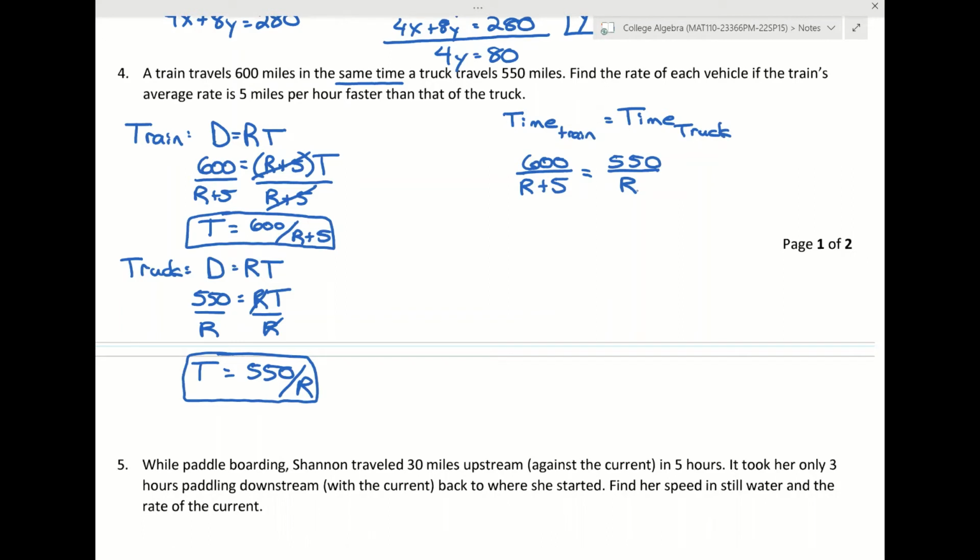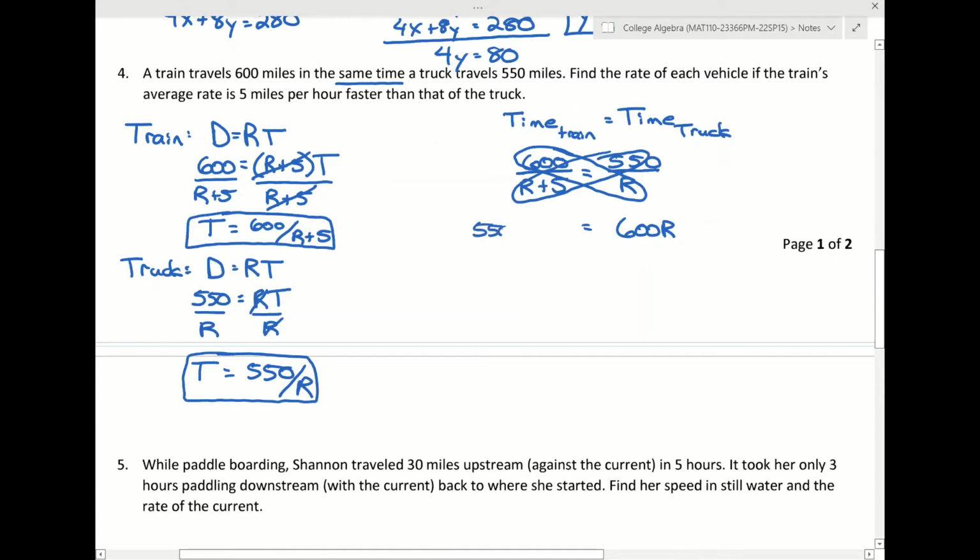Does anyone remember how we solve a proportion? Cross multiply. So we're going to do 600 times R and set that equal to 550 times R plus 5. If we solve this, we'll get the rate and then be able to answer the question. So if we just distribute this,